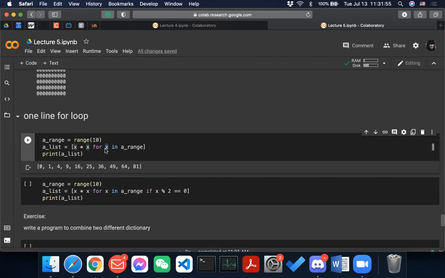When I say iterator, it just means that it is equal to one value in this range, and then it just moves on again and again, right? So it is basically saying that for each element in a range, you perform that element times that element, which means that element squared, right?